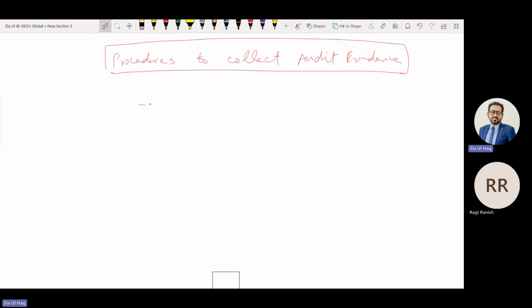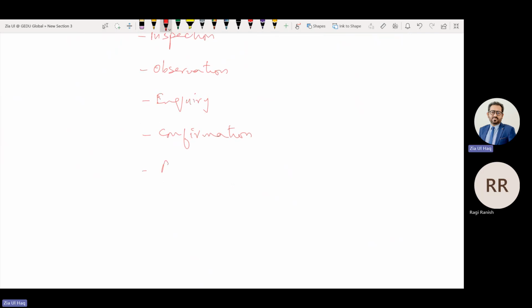There are seven procedures: inspection, observation, inquiry, confirmation, recalculation, re-performance, and analytical procedure.